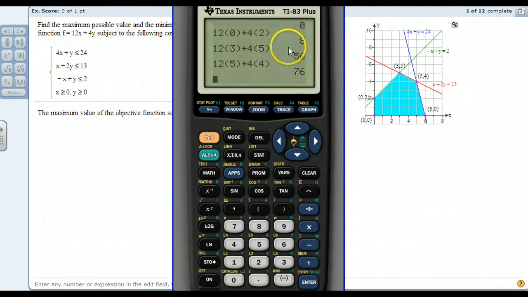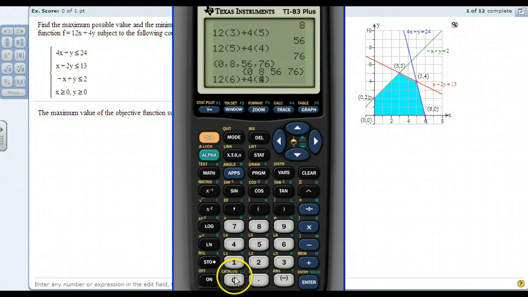Alright, now I'm getting ready to lose that 0 on there, so you may want to just jot down something like, you can hit second parentheses to make a set and say 0, 8, 56, 76, and you can kind of keep track of your numbers as you go. Alright, and then hit second enter a couple times, and that'll take you back up to the original, and we can continue. Alright, 6,